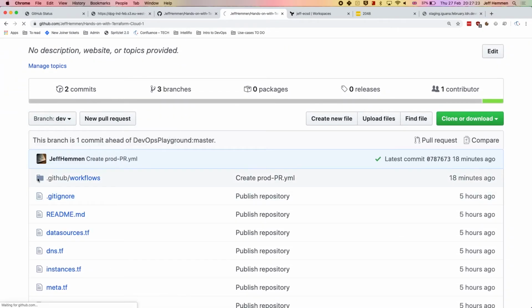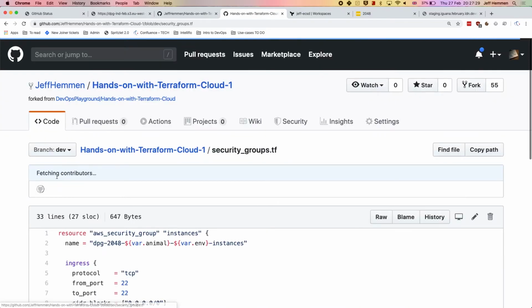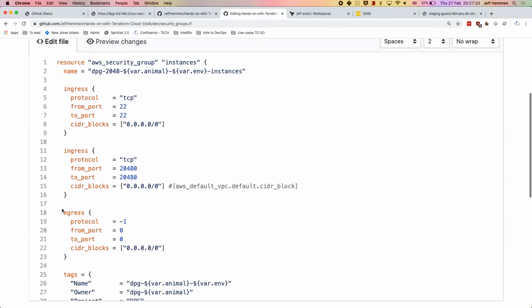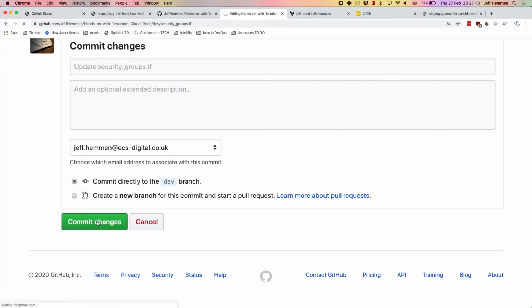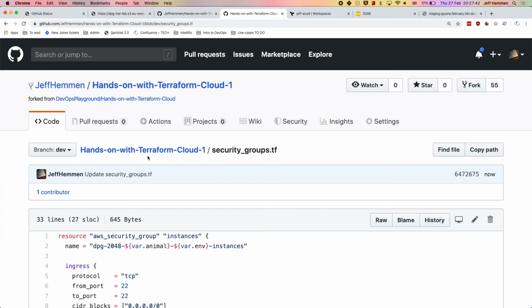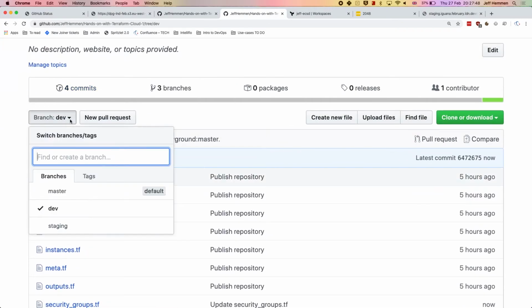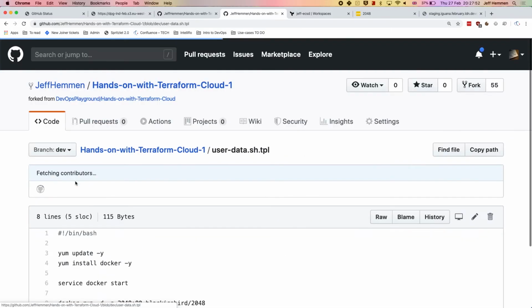Again, step 1, we make sure we're on the dev branch. We go to security groups. We edit them, and we revert that breaking change we had before, which was luckily caught by our pipeline. And now we, again, making sure we're still on the dev branch, we also edit the file